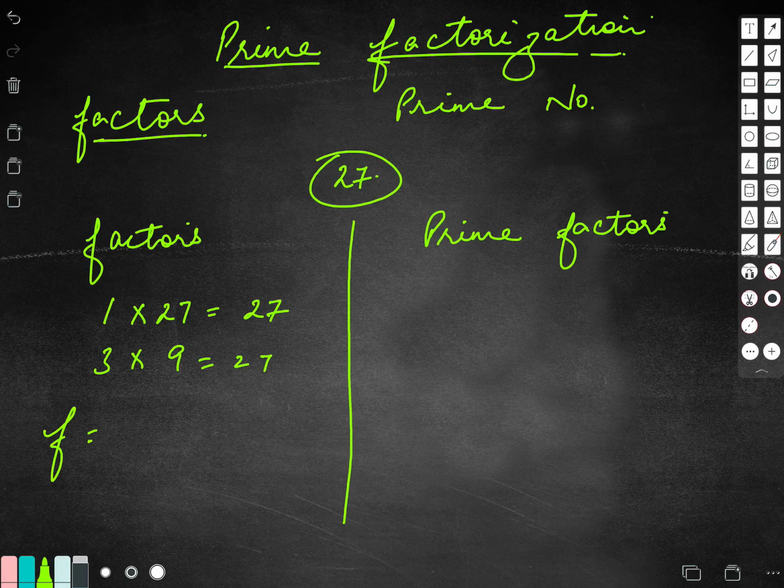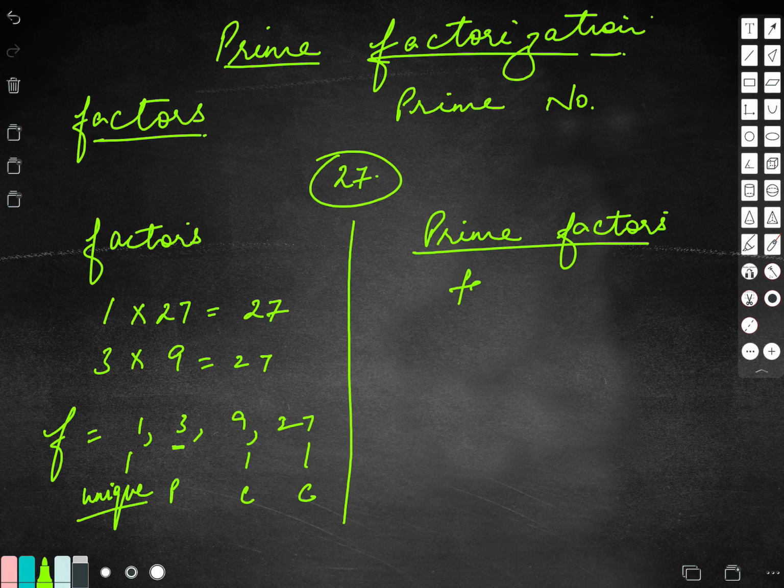3 9s is 27 and my factors are 1, 3, 9 and 27. Children, when you observe, this is a prime number, this is composite, and this is a unique number. All of them are not prime. Some are prime, some are composite. So it depends. But when we are supposed to find the prime factors, there is one method which is called the factor tree method. Same number 27.